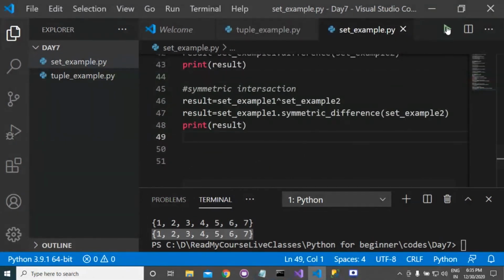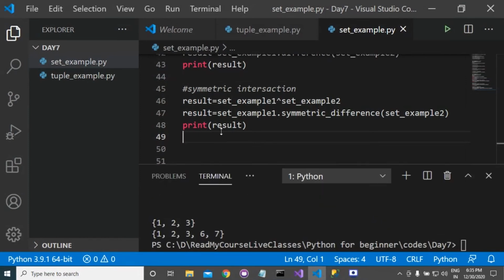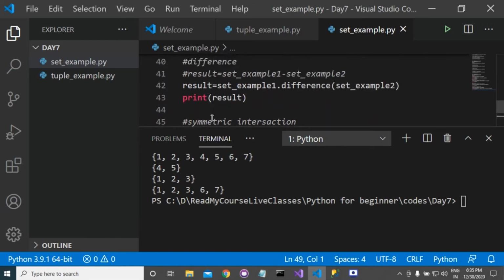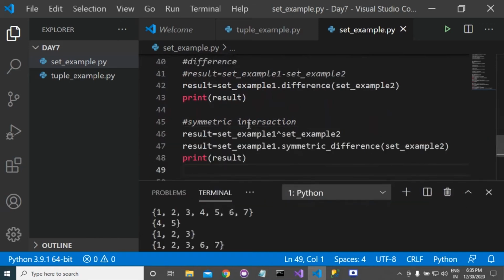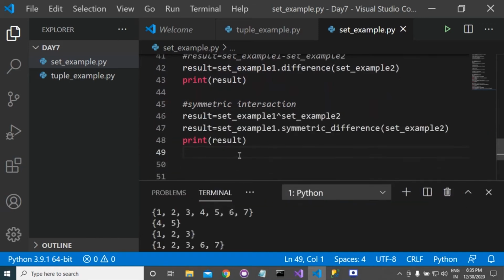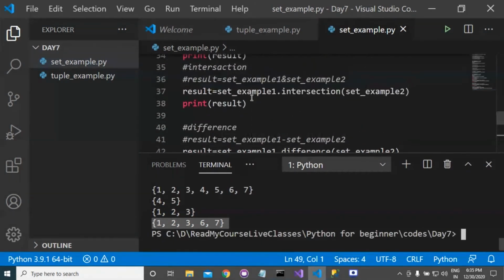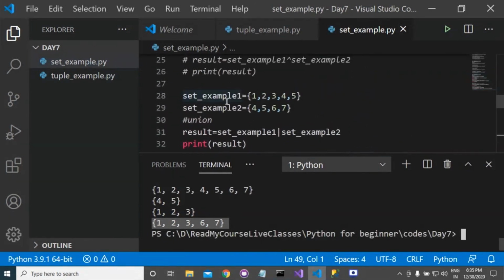Okay, I am printing all the results. We can start from the end. In the end we have 1 2 3 6 7. Now you can see that we have this set.